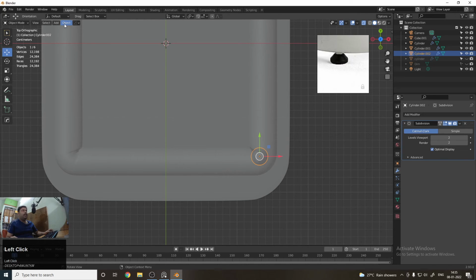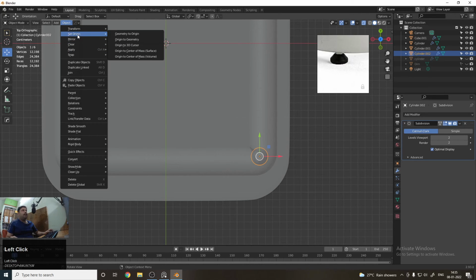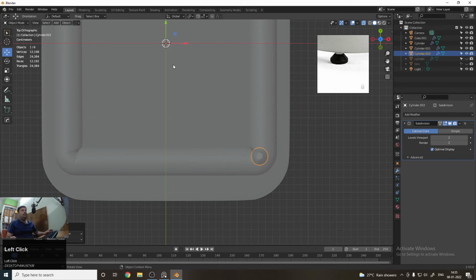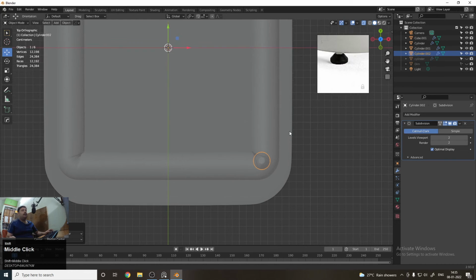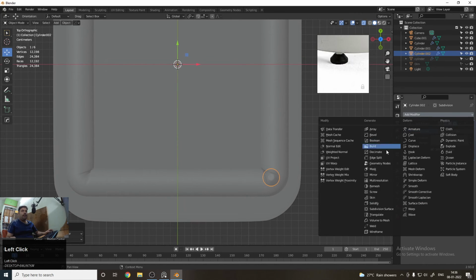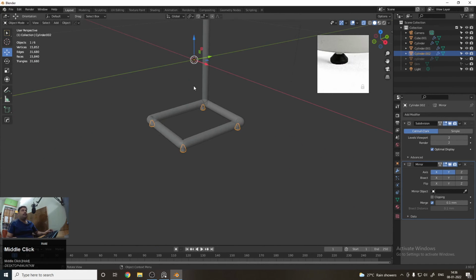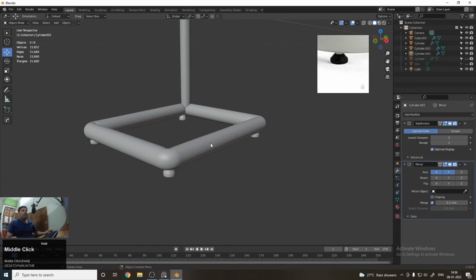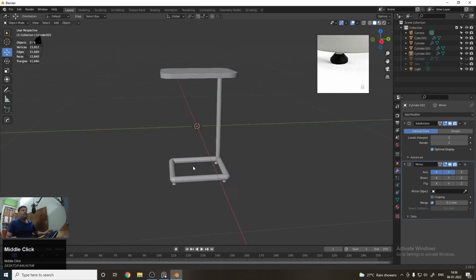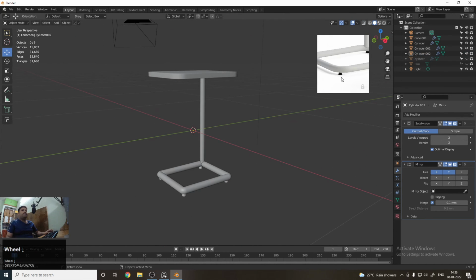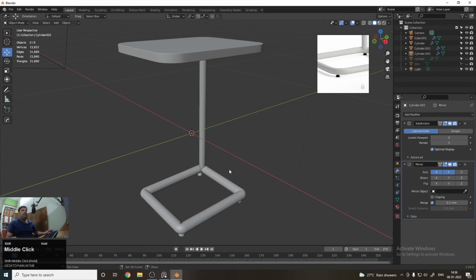So you can do that: Object, Set Origin to Cursor. So our origin will be set to the cursor, and now you can mirror it in the x-axis and y-axis. So we have created this model in Blender.